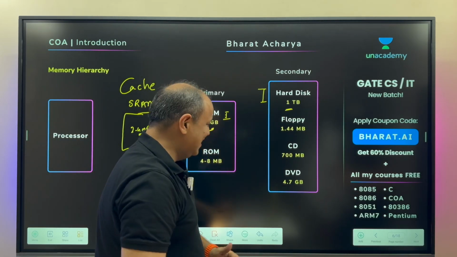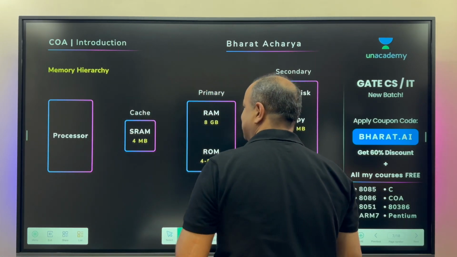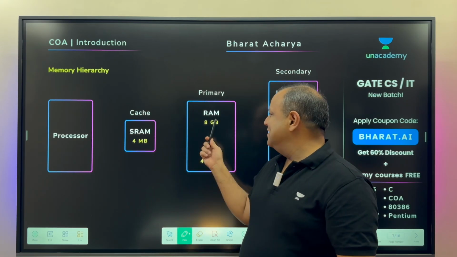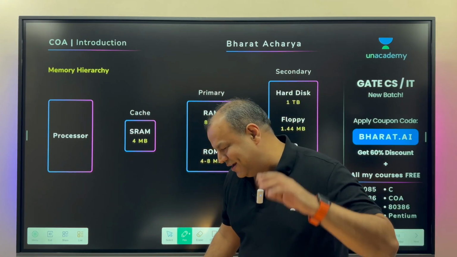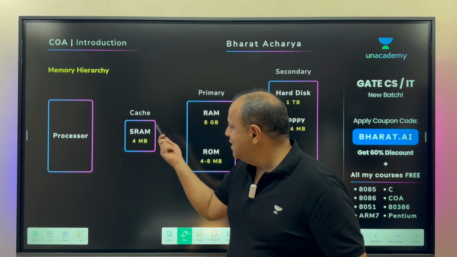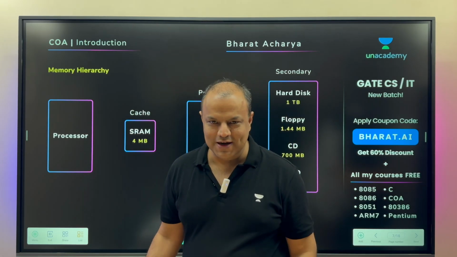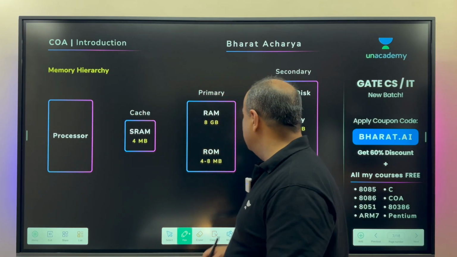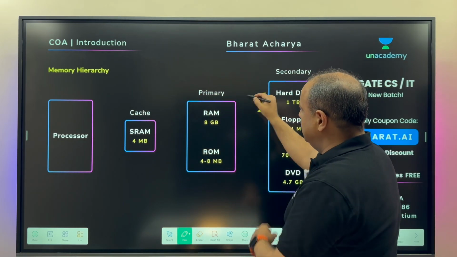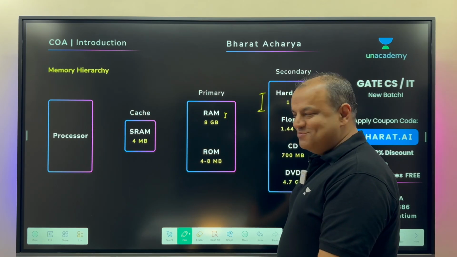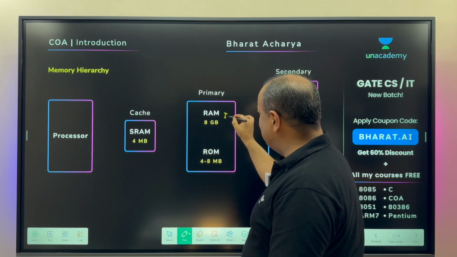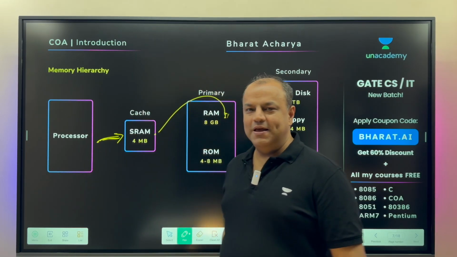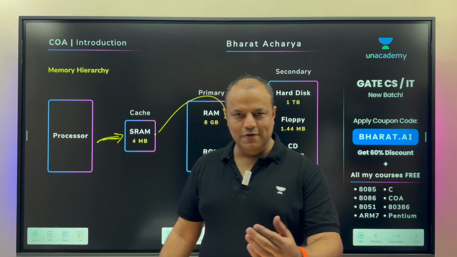Are you clear? Now, just to make the diagram a little more clear and appealing, that is your RAM. Are you clear? SRAM. And this is your DRAM. You don't even call it DRAM. When you say RAM, you mean DRAM. When you say cache, you mean SRAM. Are you clear? SRAM is tremendously fast, for the last time, because it uses flip-flops. So, from your whole file, a small portion, a page, comes into RAM. From the page, blocks come into cache, and the processor actually plays the file from the cache.